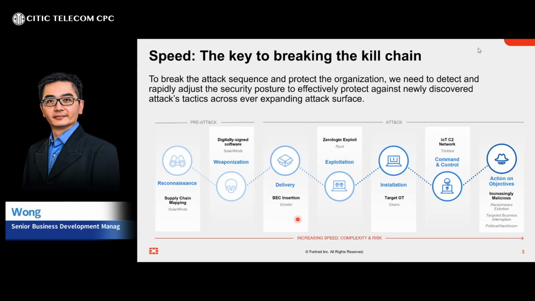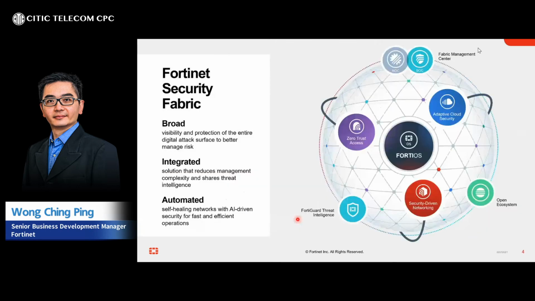Come together to put various solutions or technologies together into a framework. We call it the Fortinet security fabric that is broad, integrated, and automated. Broad in the sense that we cover many attack surfaces, and they are not silos, right? They are out of the box, integrated with one another, so that we can automate the response, right? So this is where the technology comes from. So to put this circle into